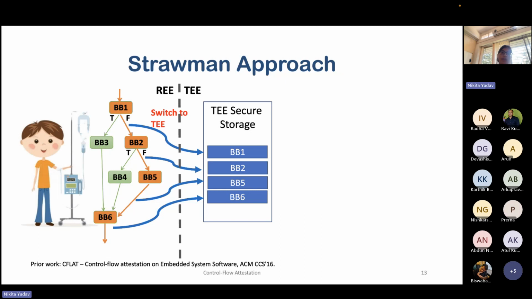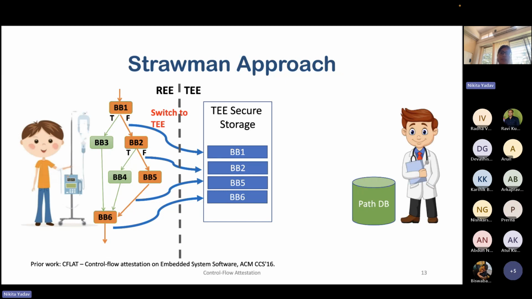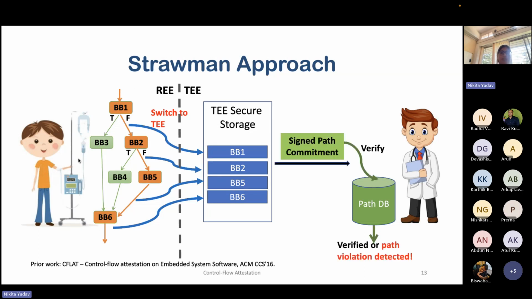Okay, and if I map it back to the example that I gave on the first slide, then this code might be running on Peter's device, and when this trace has been recorded in the secure storage, say the ARM TrustZone, the ARM TrustZone is then going to take this trace, which is the path commitment. It is going to generate a digital signature of it, and then it will send it over the network, or it will store it in some memory or some storage